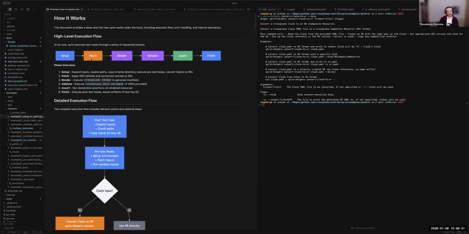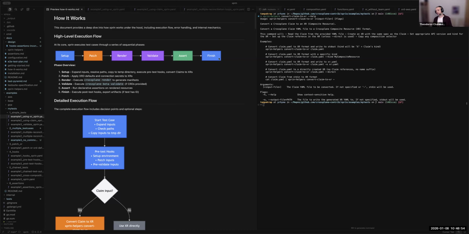Then the patching part, which is optional, then running the render and validate commands, then doing assertions with a custom assertion framework that I developed. And at the end, doing any post-test function tasks or exporting artifacts so that you can use them in the next test case.